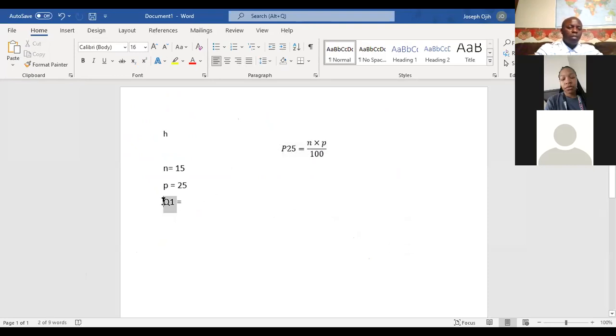Q1 equals N times P over 100, and now N is 15 and our P is 25, over 100, which is giving us